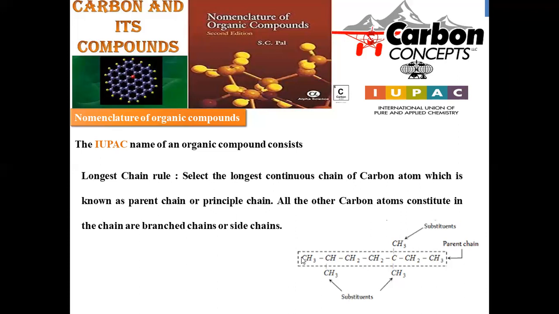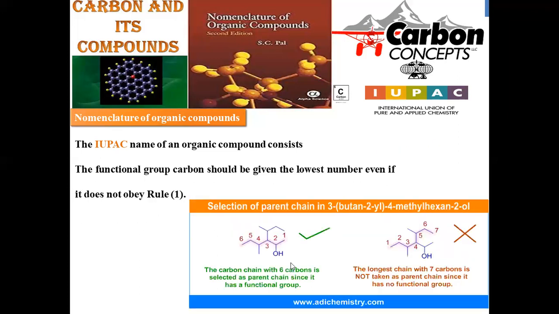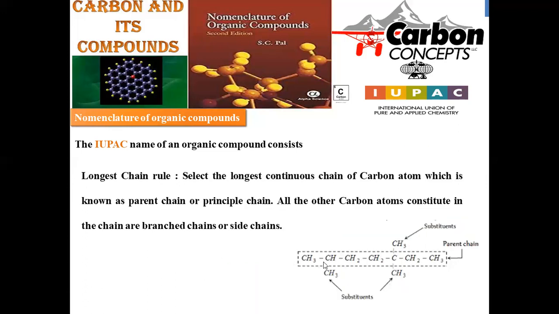Let us see. Here, first carbon, second carbon having methyl, right? Here, first carbon, second, third carbon having methyl. Then where do we have to go? Second carbon or third carbon? From which end do we have to start? Obviously, wherever the functional group is getting the least numbering, that is the priority in accordance with rule number 2. So that's the reason why numbering will obviously start from this end.